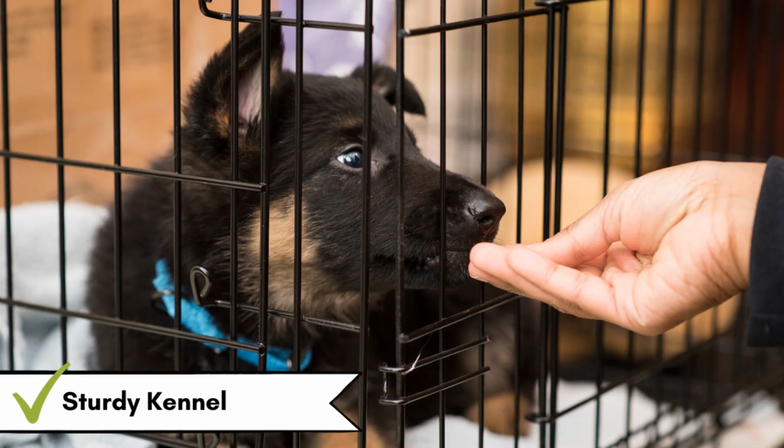I also recommend having a sturdy kennel, whether it's the plastic kind or the metal kind. It's totally up to you. You can use it to crate train your dog every night. You can use it just occasionally when you need to travel, but I do highly recommend at least having one